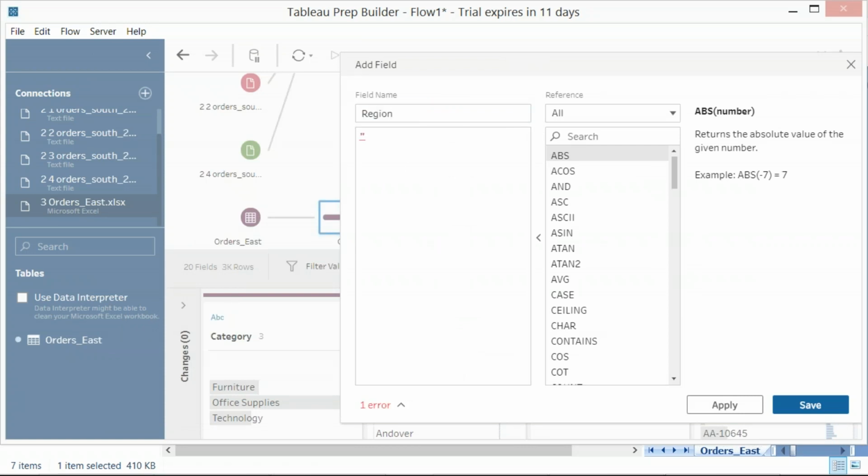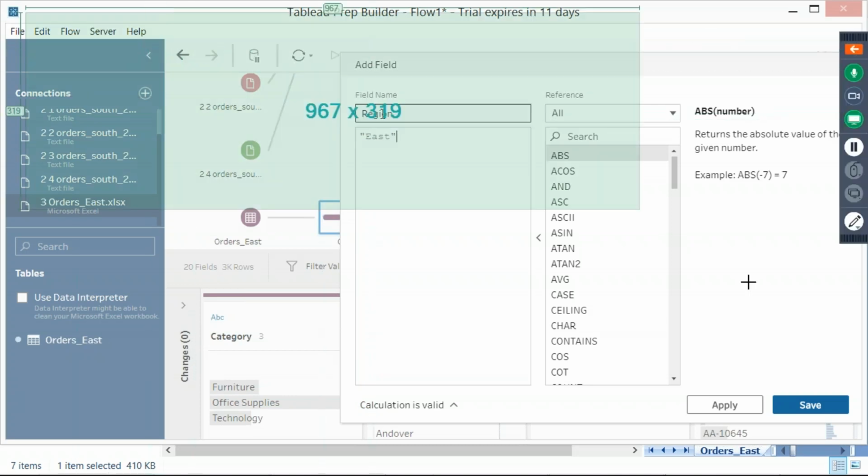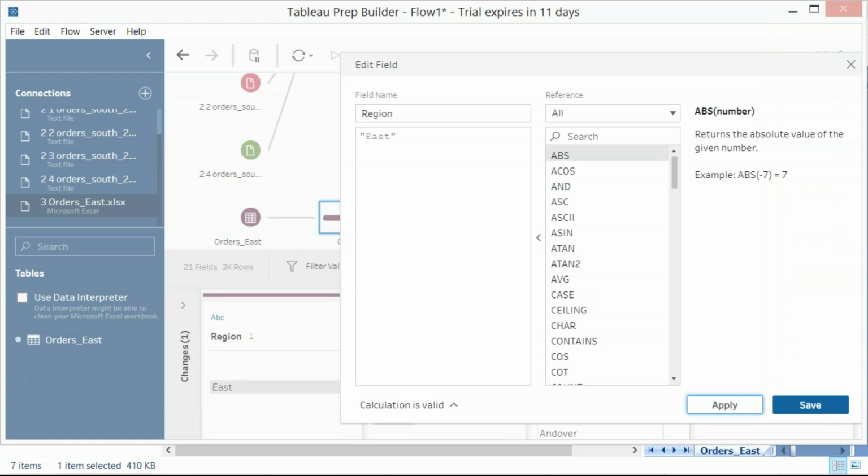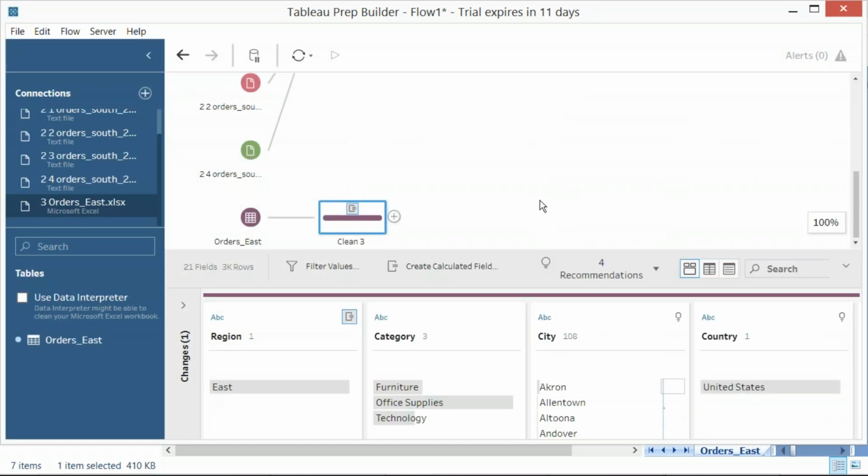Make sure you provide the same column name, same field name, so that the union operation would be easier. Say for example, east. We are making our data ready for union. So make sure you provide the same field name. Otherwise it would complain mismatch field name, and again we have to merge the columns manually. So provide the correct field name and click save and we are ready.